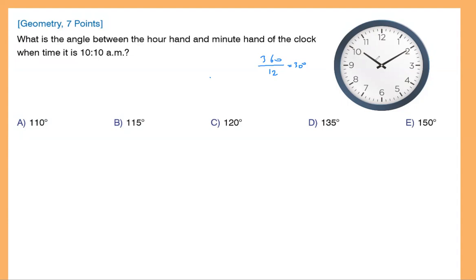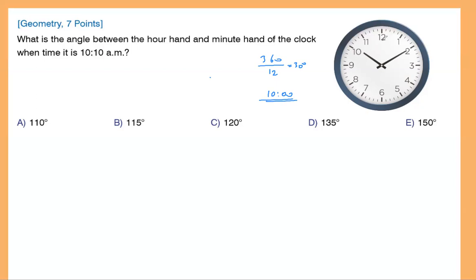And let's say our hour hand is facing towards 10, and then the minute hand towards 10 as well, so that will be 4 of those, so 4 times 30 degrees, which is 120, right? So that looks like choice C. A lot of people are going to pick choice C, but there's a problem with this, because when you are at exactly 10 a.m. or 10 p.m., the hour hand is facing 10 like right now,